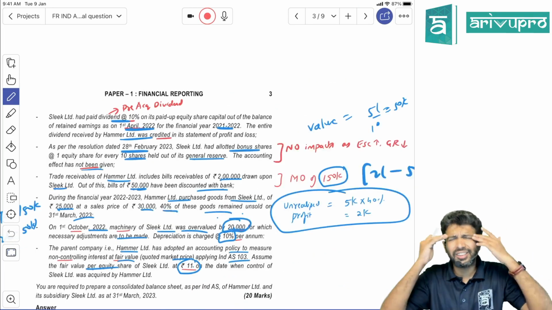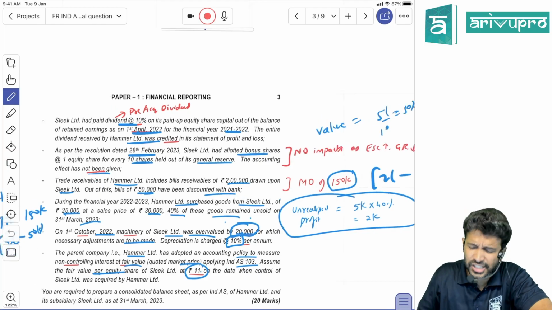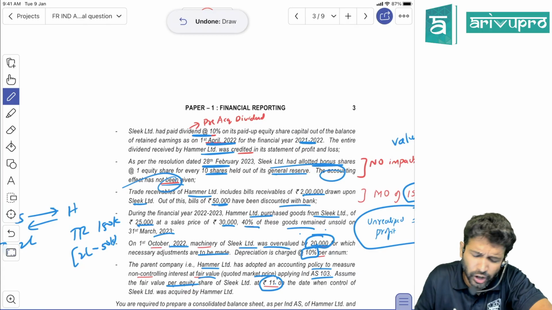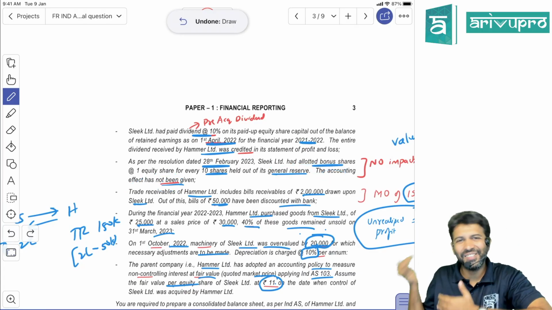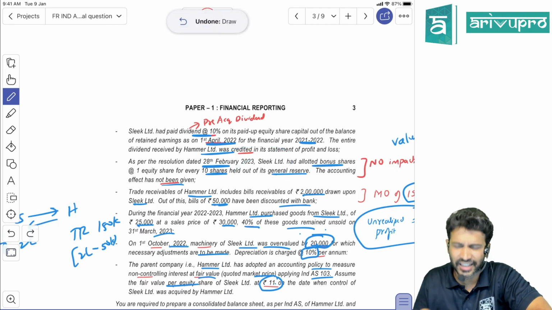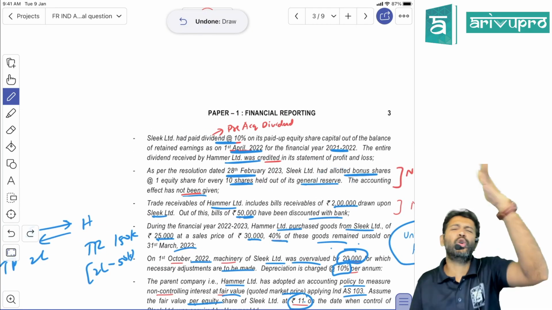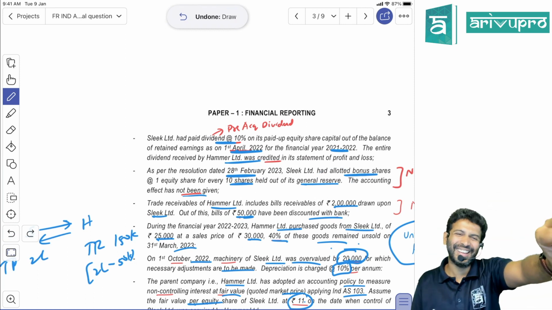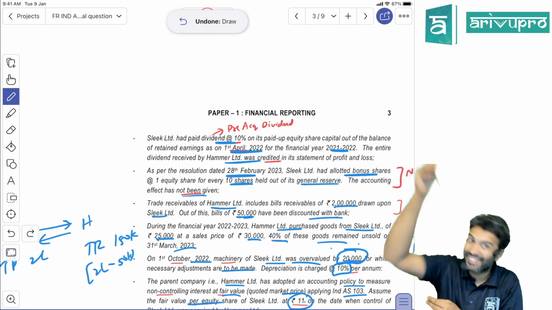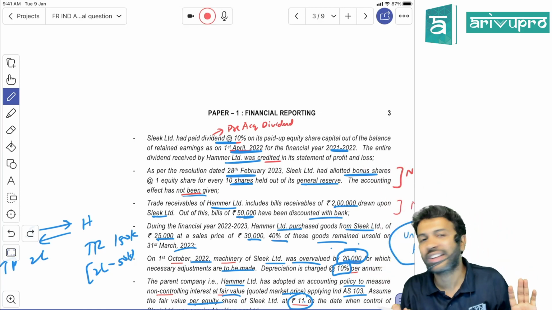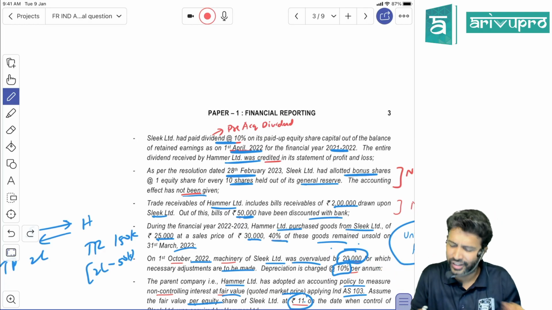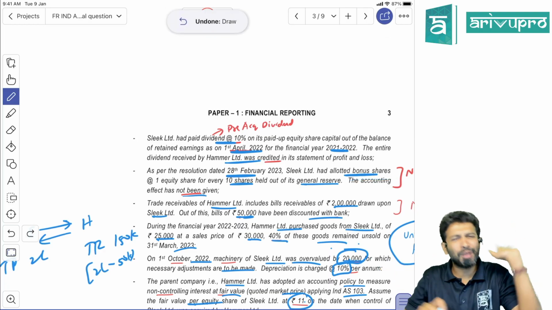Moreover, all this may not make logical sense. If you issued the bonus on 28th February, why will the accounting effect not be given, sir? The year will end on 31st March. In the 1 month before the year ends, which company will not account for bonus shares? Is that practical? For the sake of adjustments, you are making controversial adjustments and directly giving them in an examination paper. That puts students in a very tricky position. According to me, all this should have been avoided. In my view, that was the best thing.